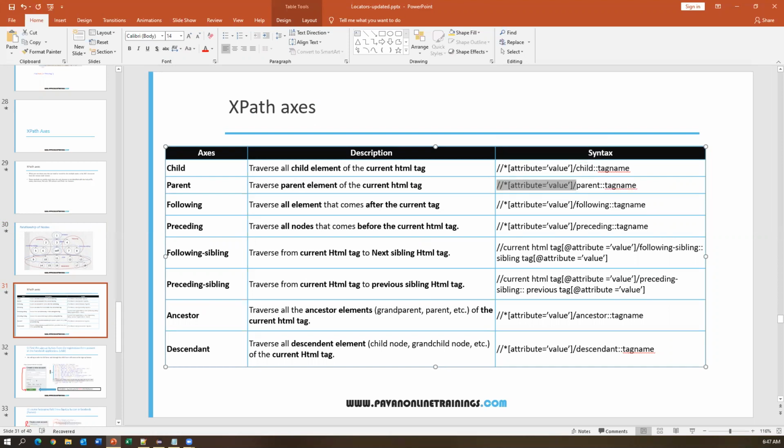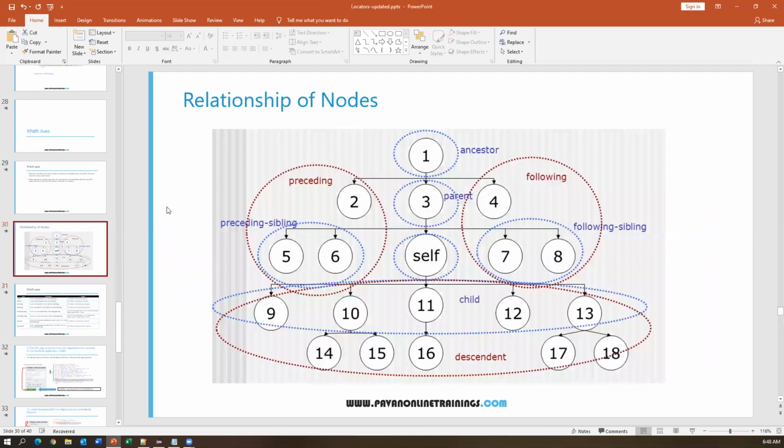Then followed by child as a keyword, parent is a keyword, following, preceding, following-sibling, preceding-sibling, ancestor and descendant. These are the keywords you have to use, followed by the tag name, and we can also specify attributes. These are the different syntaxes we can use with XPath axes. Now we'll see a few examples of how we can use XPath axes to locate different types of elements.